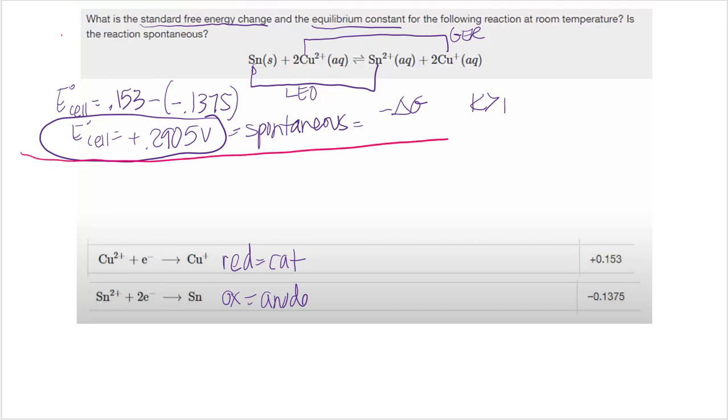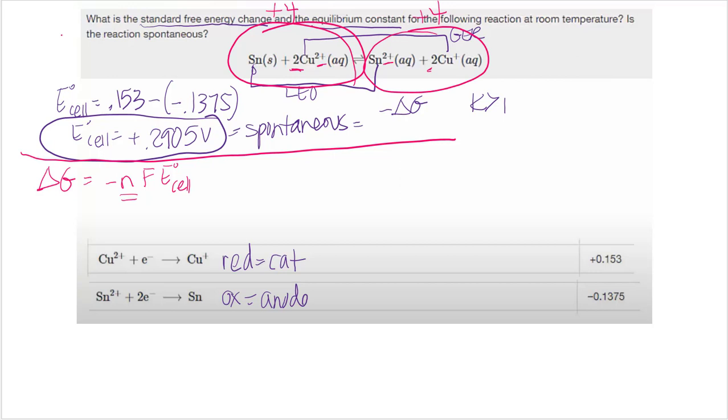I'm going to draw a little line here. Delta G is equal to negative nF Ecell. Okay, let's find what that n is. So I'm going to look at my left side, and I have two pluses. That means on the left I've got +4. Okay, so this one is going to throw us for a little bit of a loop. It is important that we check the oxidation and the reduction, and we actually double check to see how many moles of electrons were transferred. Yes, the charge is +4 on both sides. That's good, that matches, but